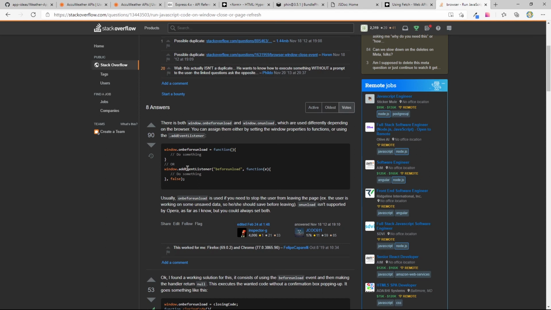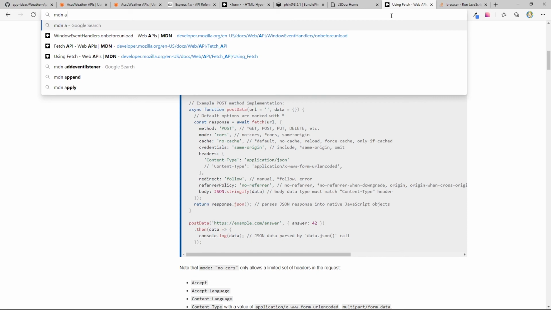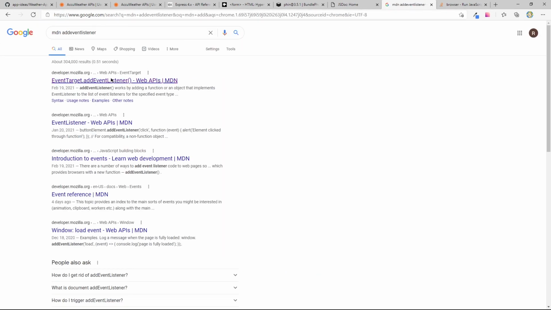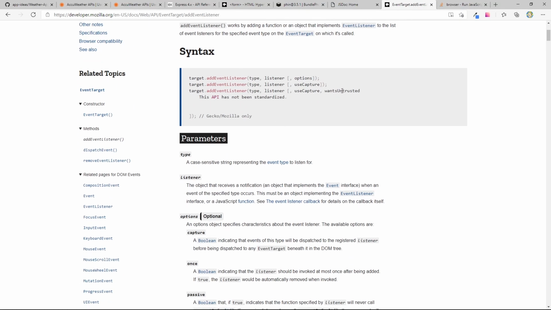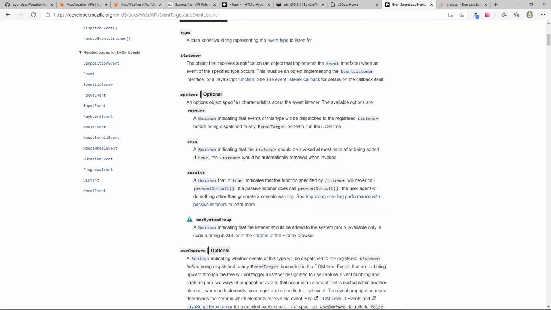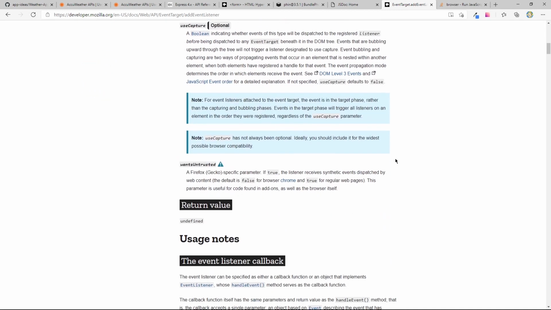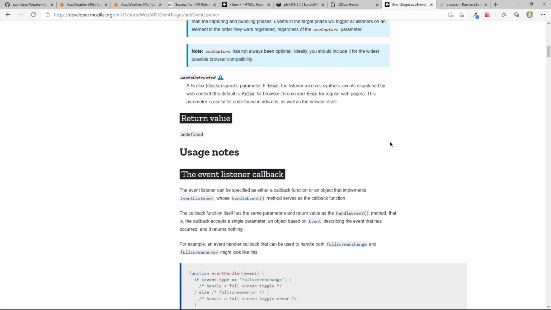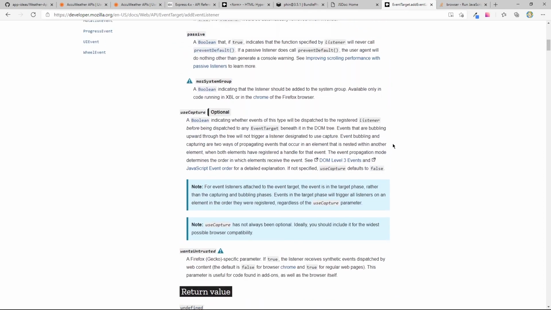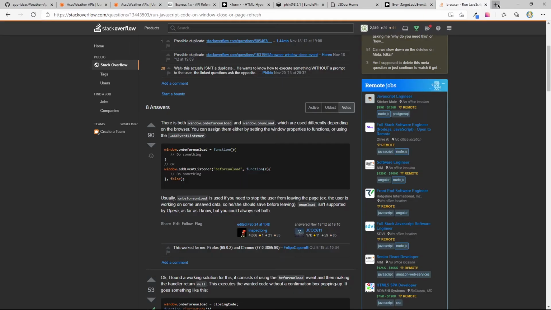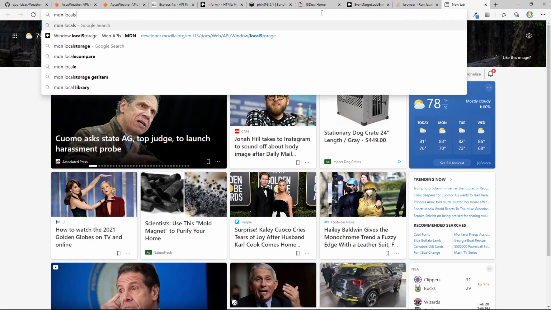What does the third parameter of addEventListener do? Use capture. Events that are bubbling upward through the tree will not trigger a listener designated to use capture. Event listener callback. Okay, so let's just try and figure it out. Let's see. So we're gonna look up local storage.